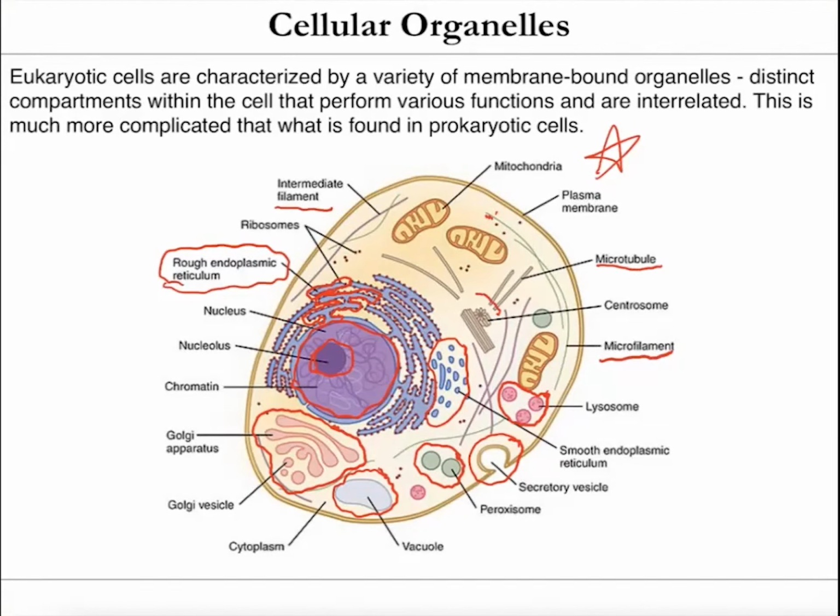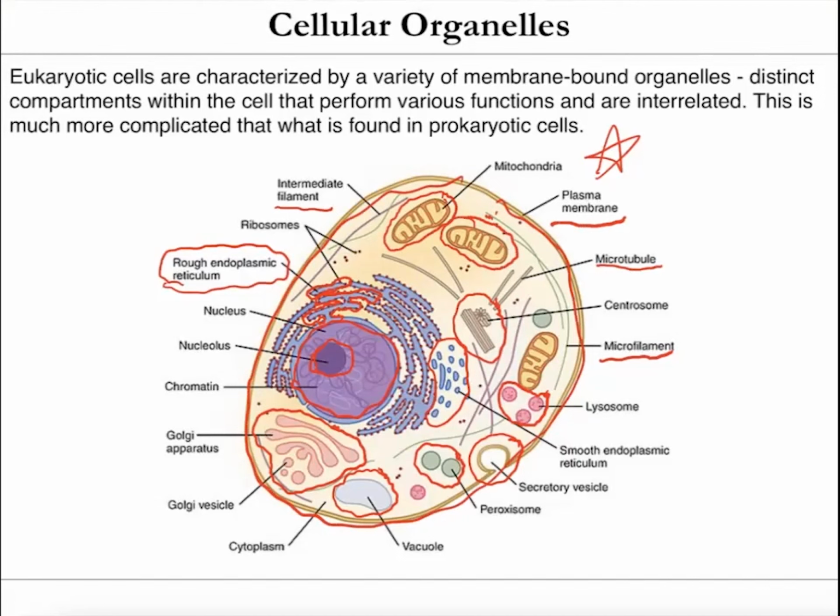There's a picture of a centrosome here, which is involved in cell replication. We also see the plasma membrane here, and then we see probably the most interesting of the organelles, arguably, or at least I think so, or the most unique, which is the mitochondria, which are the powerhouse of the cells where energy is produced in the form of ATP. And then, of course, surrounding the entire cell, we have the plasma membrane.